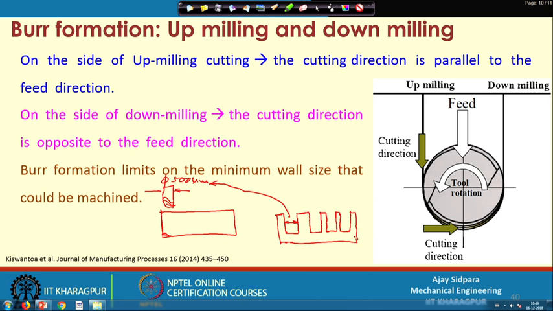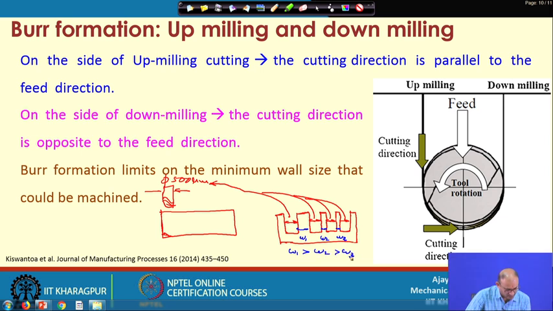So, this is our objective, how we want to make this particular part, and all this width are 500 micron, but the difference is here. So, these are the differences. Here it is considered this width is W1, W2 and W3. So, W1 is bigger than W2 and W2 is bigger than W3.